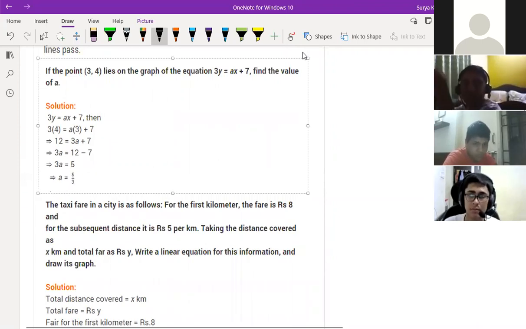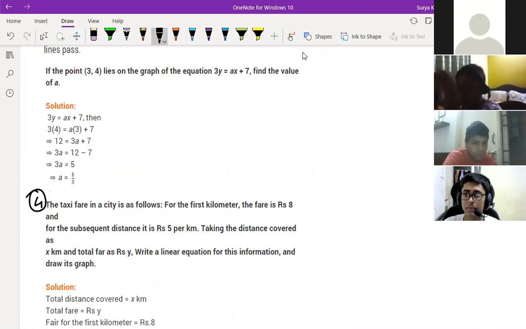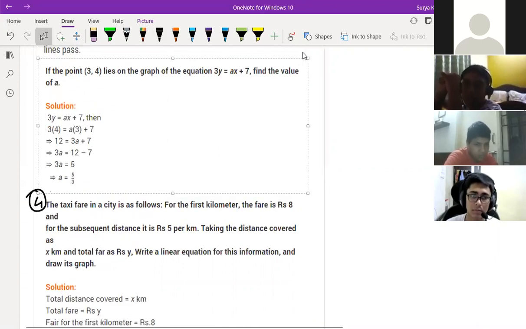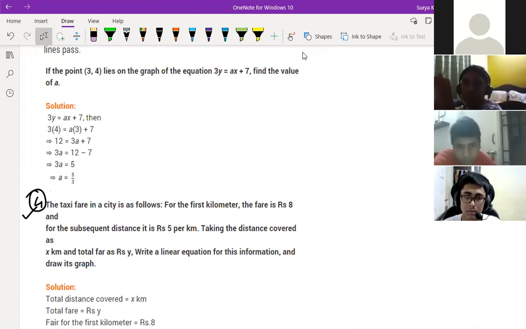So the first kilometer is rupees 8 and each subsequent kilometer is rupees 5. So tell me, Sahil, what was the equation we have read? For the taxi question, what was the equation we have read? I'm asking you. So it was x minus 5, like that. Remember what we have read, whether you are revising or not. We'll test here now. Who can tell me the immediate answer? How to write the equation for this? Anyone can answer me? Question number 4.